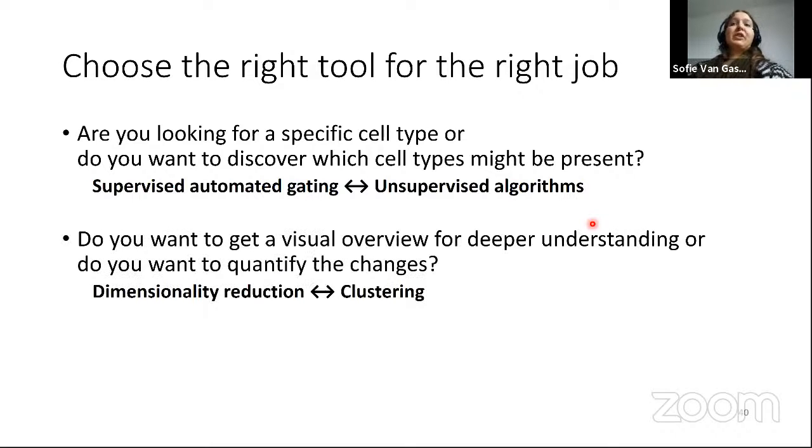Do you want to get a visual overview of your data, or do you really want to quantify? In many cases, you probably want both. Then you should apply both a dimensionality reduction and a clustering tool, and realize that they're not the same,